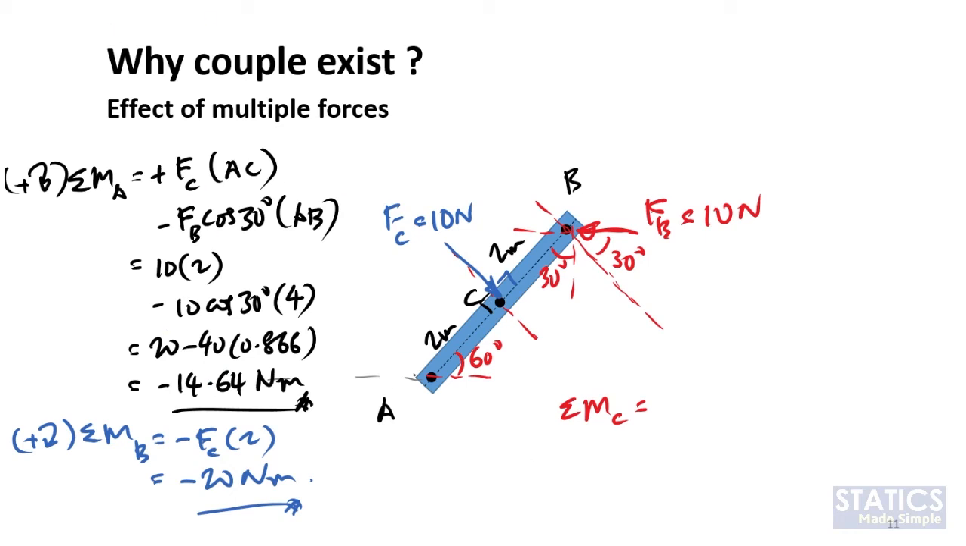Moment at C will be due to FC and FB. FC will give 0 moment at C, so the moment will be coming from FB only. So moment at C will be equal to, again, this moment will create a counterclockwise rotation. This is equal to 10 times,